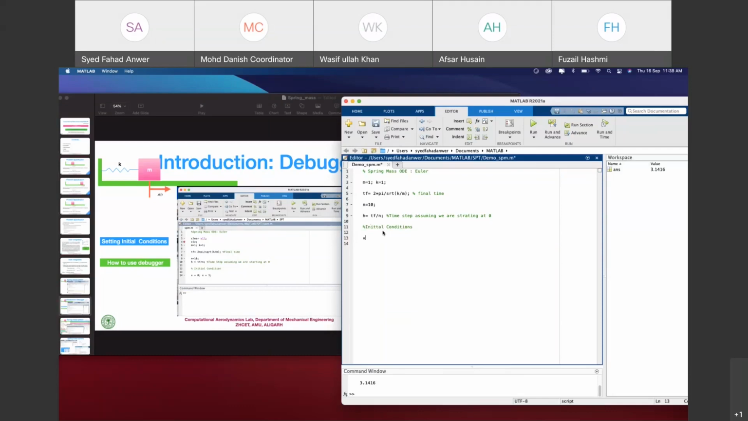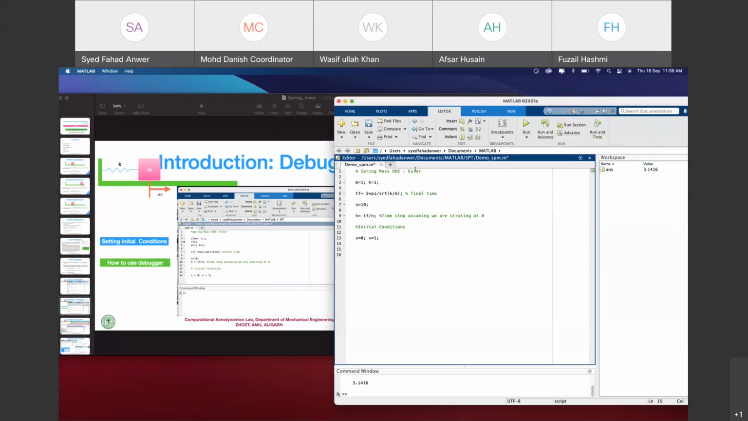That is v is equal to 0 and x initially it is at 1. So now we can use this. And to check the debugger, what we can do is to initialize the debugger, we just have to go over here and write some commands like this, so that the history is